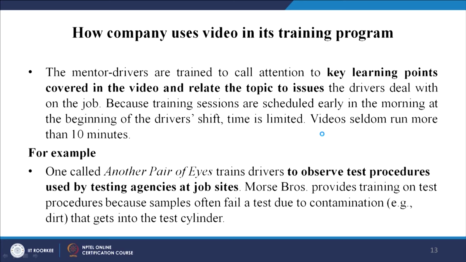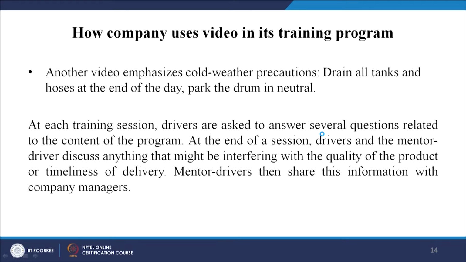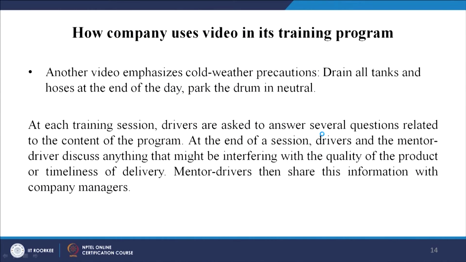An example is dirt getting into the test cylinder, and this type of video definitely helps a driver to work more effectively. Another video emphasizes cold weather precautions in this company: drain all tanks and horns at the end of the day and park the drum in neutral. With this type of training program, how carefully they have to do this particular task is trained with the help of videos.